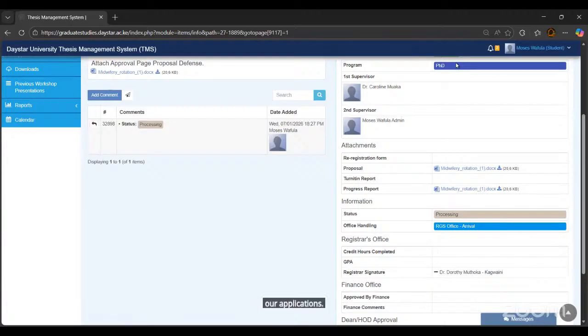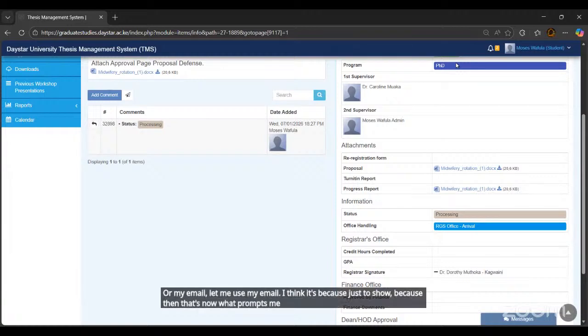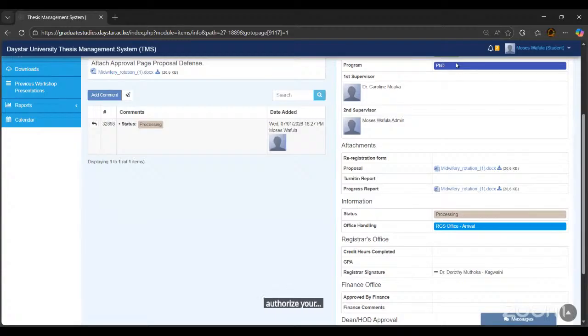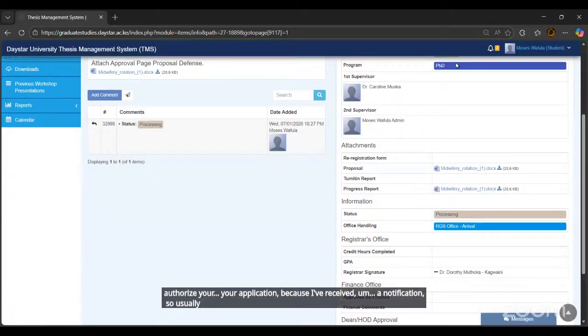So do I use my TMS portal? You can use your email or my email. Let me use my email. I think it's just to show, because that's what usually prompts me to go and authorize your application, because I've received a notification. So usually I will go, here we go,